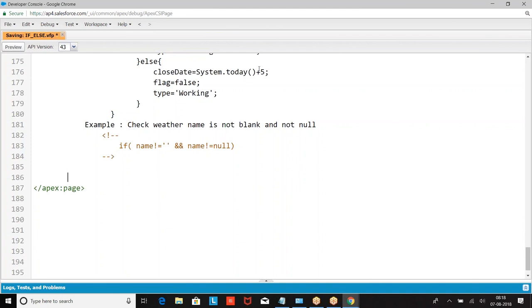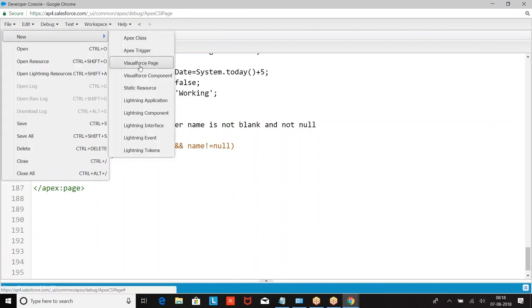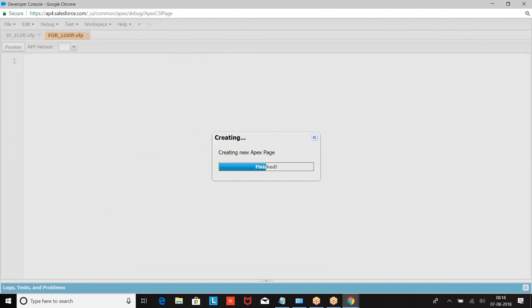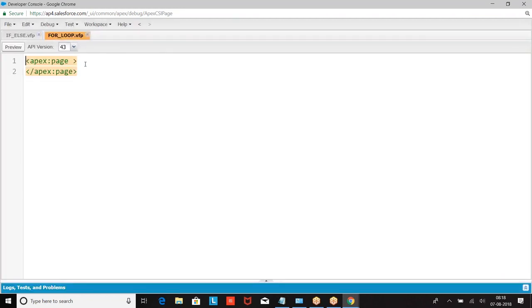Let us take the first example. How do we define the loop? Look at the format.